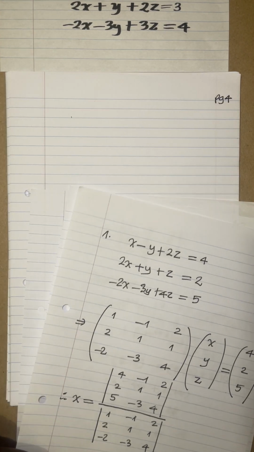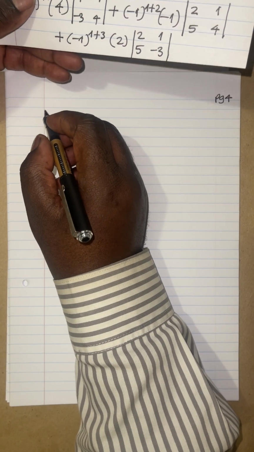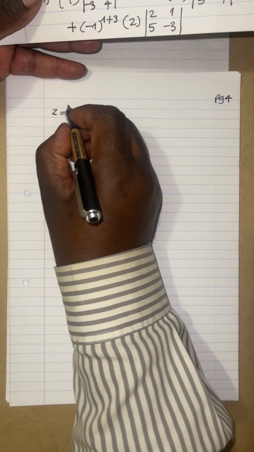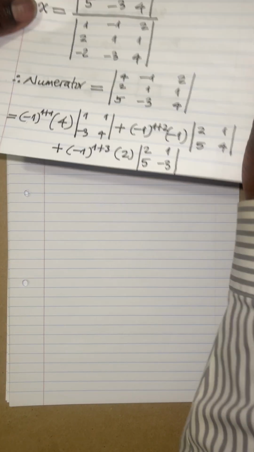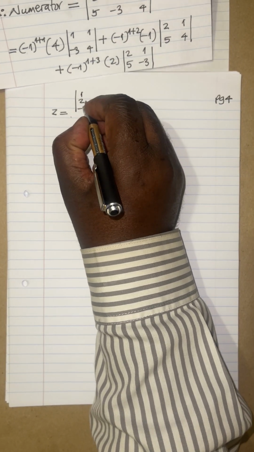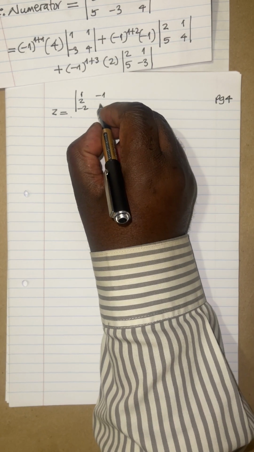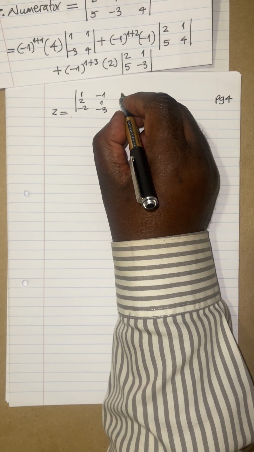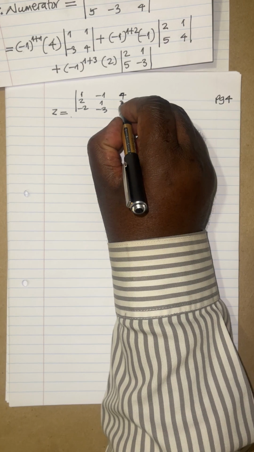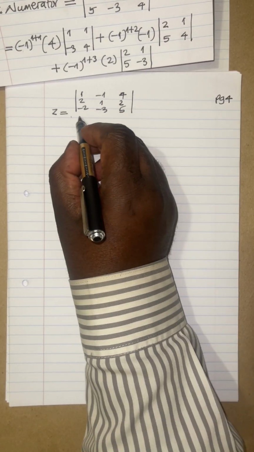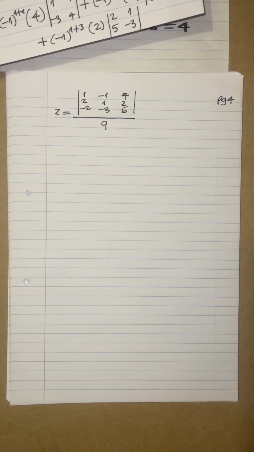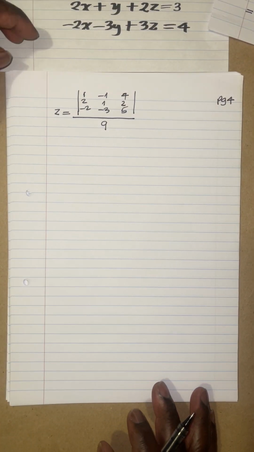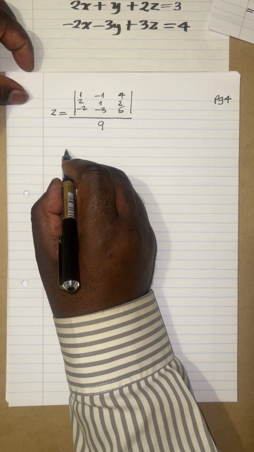All right. So now what are we saying? We're saying, let me put this one up, and I'm going to say z is going to be equal to the determinant of, like I said, these stay the same, but those must be replaced by these ones. So 1, 2, minus 2, and then we have minus 1, and then we have 1, minus 3, and then we replace those numbers at the end there by 4, 2, 5. We're dividing this by the determinant of the coefficient matrix. Let's go on the numerator. So we're going to say numerator